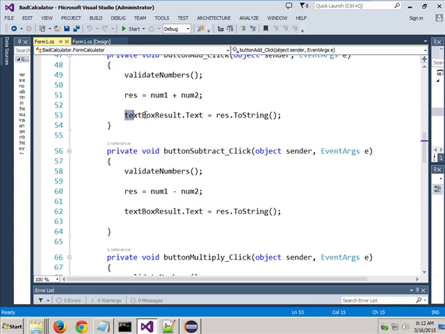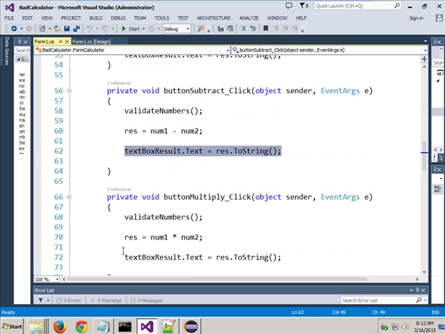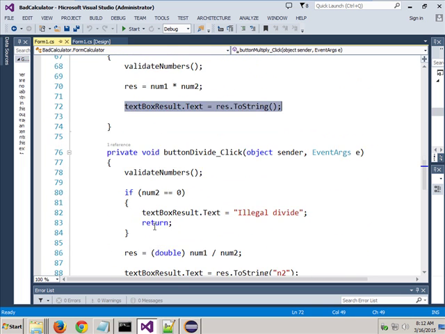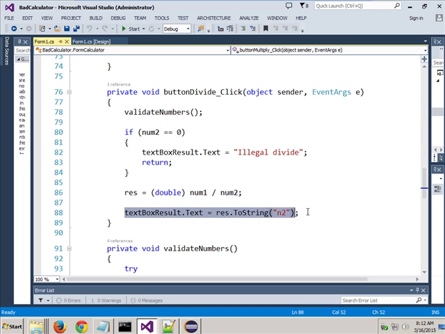Then we're taking the result and throwing it into our text box. Hopefully, one thing you realize is, again, we're pretty much duplicating the same thing in that line that's highlighted right now. This one's a little different because I am setting it up to be 2 decimal places, but there's duplication